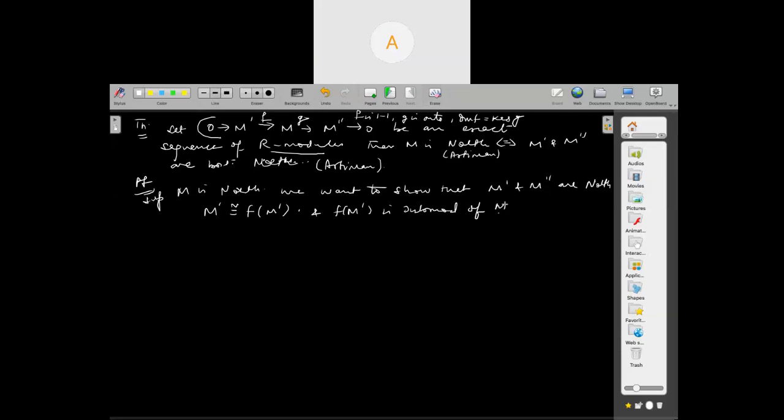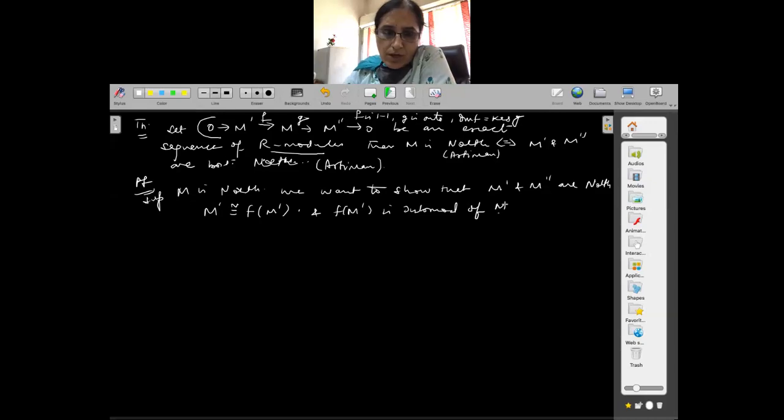M is Noetherian. So if M is Noetherian, then F of M dash is also Noetherian. One of the results which follows from the previous results is that a submodule of a Noetherian module is Noetherian, because M is Noetherian means all submodules of M are finitely generated. So in particular, all submodules of F of M dash, they are submodules of M, they are finitely generated.